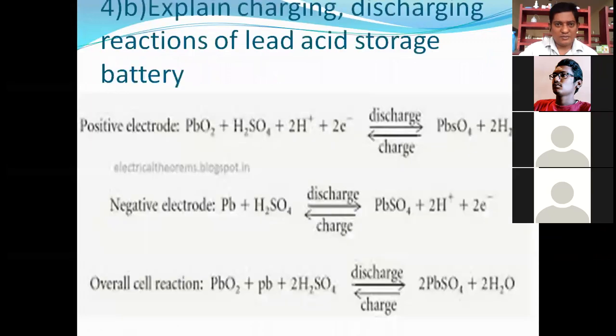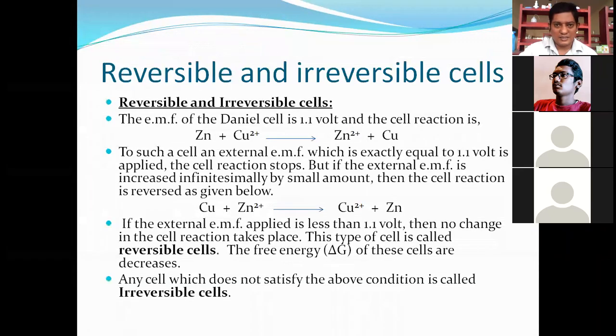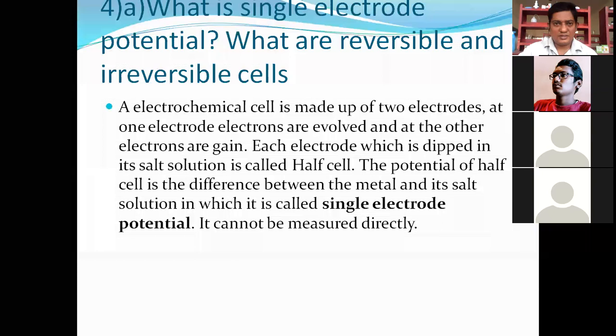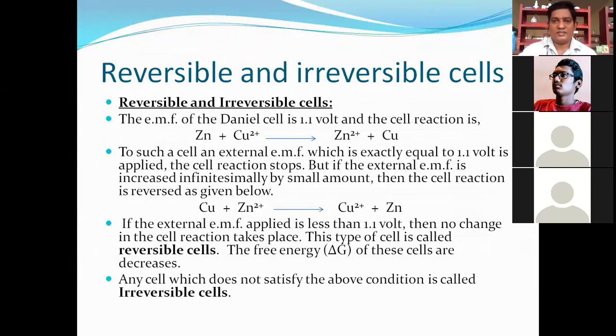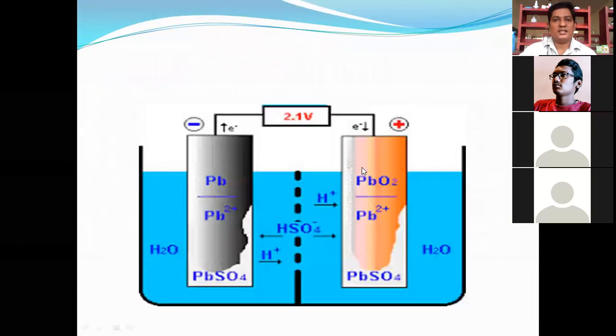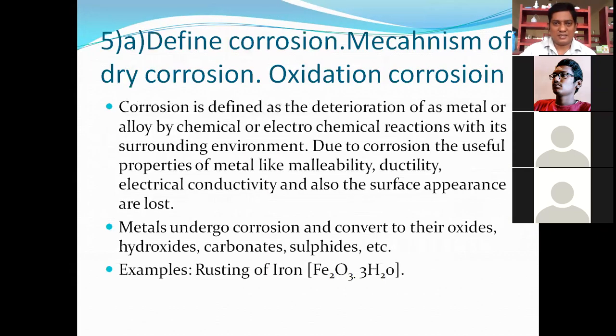I would like to mention a few points regarding primary and secondary cells. Look at this point: reversible and irreversible mechanism. In a reversible mechanism, both steps are reversible, meaning the forward reaction is followed by the backward reaction. In continuation, we will look at nickel metal hydride, which has the same mechanism.